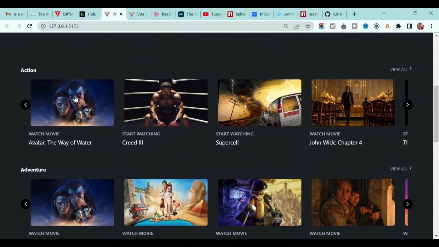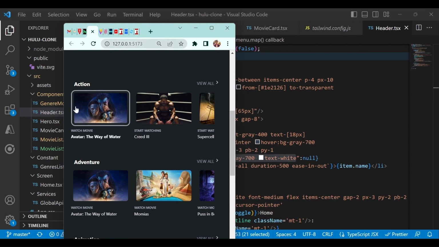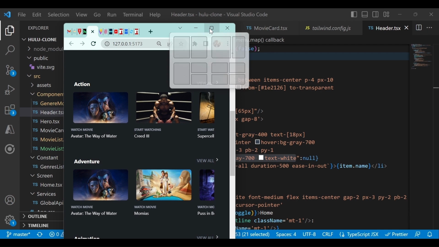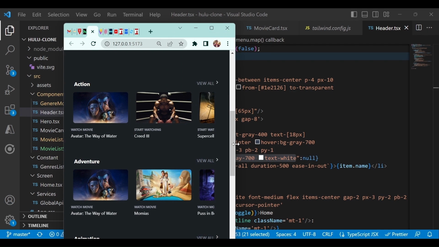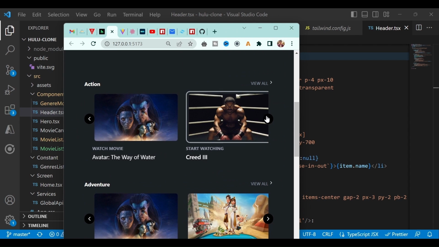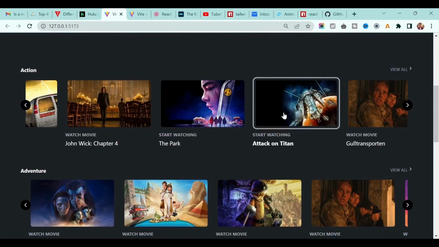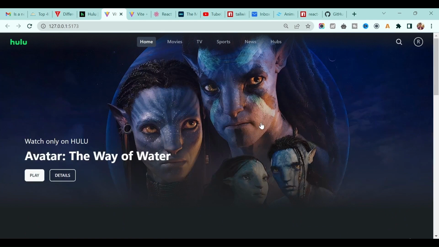Also, if I decrease the screen size, if you see, that button went away because on mobile you don't need it, and that's the reason I disable the button when it's a smaller screen, and when the screen size increases, this button will come again. Okay, perfect. So these couple of tweaks I made. You can try it. This is your challenge, guys, and I hope you'll learn a lot of things in React, Tailwind CSS, and in Vite.